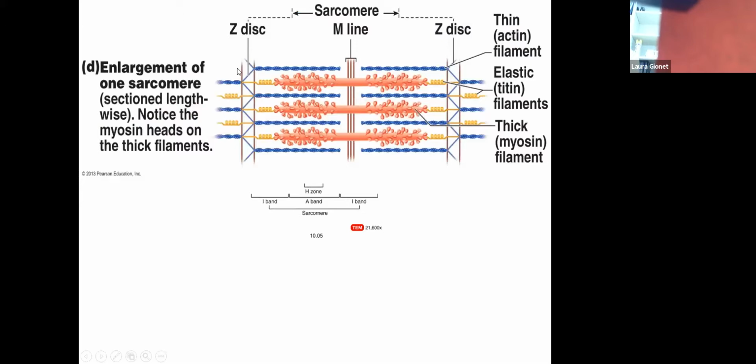So here we have a Z disc and a Z disc. That distance between those two is one sarcomere, or that region structurally is one sarcomere. That's going to repeat multiple times. Every time you see a striation, you're seeing a Z disc, a separate little sarcomere between each striation. It is composed of the thin filaments of actin, here indicated in blue in that twisted kind of a rope, and the chubby myosin fibers in the center that have what are called myosin heads. To me, they look like golf clubs,